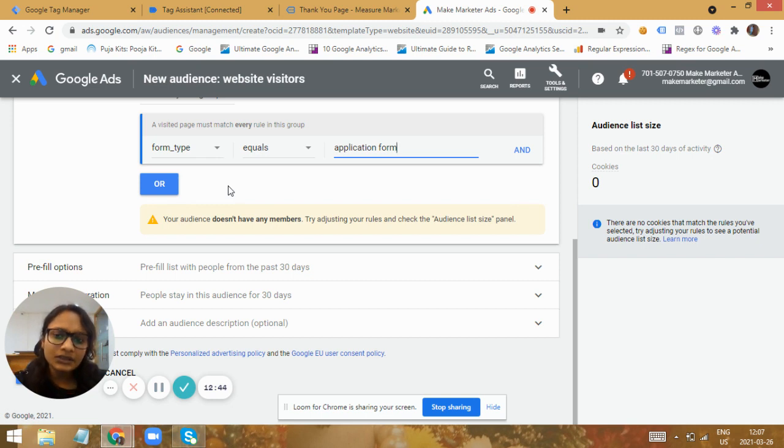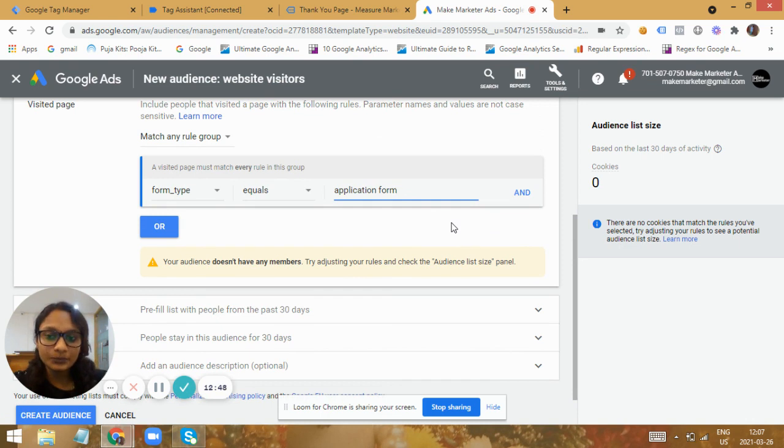So in case of just an application form or a leads form submission, that's simple. In case it's a web e-commerce website, we have a lot of details to be sent along with the conversion, like the products, or maybe whether he's a returning user or a high value customer or a low value customer. Then we can mention the attribute as high value customer and can mention the value as yes or no. So based upon the high value customer attribute, we can then remarket only to the high value customers, and we can have different ads for low value customers.